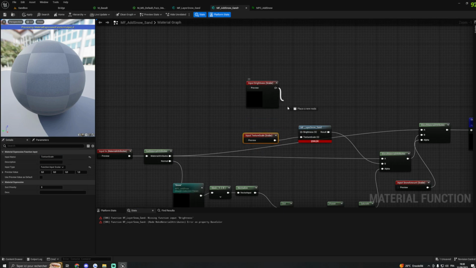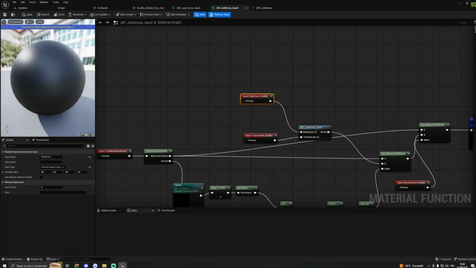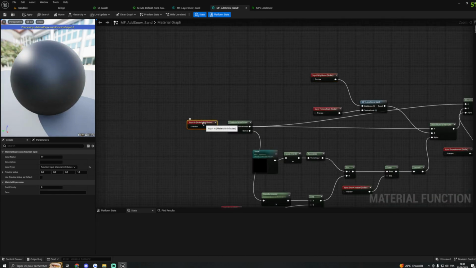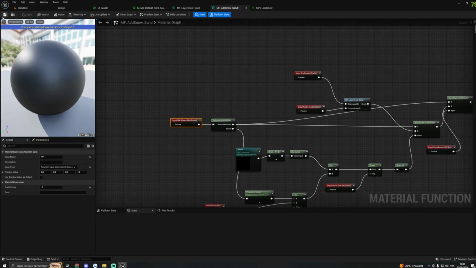Plug that right there. And just to make sure, I want to have this one. So I'm going to call that material, or I'm just going to call that MA. And I want to have this one on top of the material function. So I'm going to type -1. Hit enter, apply, save,